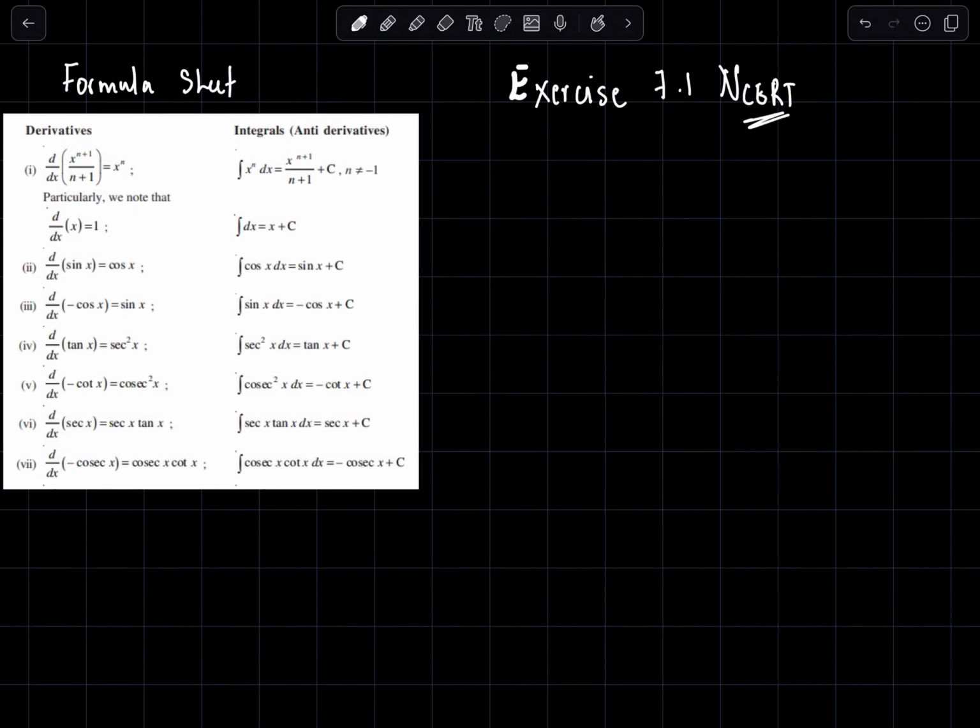Hi all, so from the previous video, right now we'll be looking at how to solve exercise questions in exercise 7.1 in the NCERT Math 12 textbook, part 2. So we'll be solving questions from 6 to 22, correct? Okay, so one thing to note here is that I would suggest you keeping a copy of a